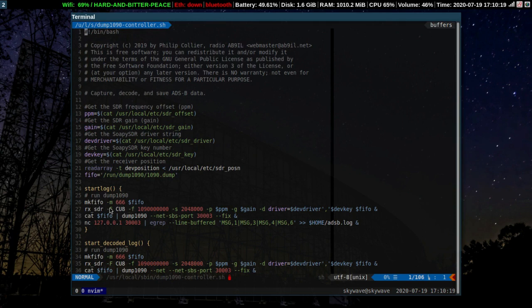dump1090. Dump1090 actually is set up so that the SDR, whether it's an RTL-SDR or other SoapySDR device, will run and dump the data into what's called a FIFO or a Linux pipe. Dump1090 will read that pipe, extract the data, decode it, and do its own job with ADS-B signals. The SDR gain is also saved to a file,